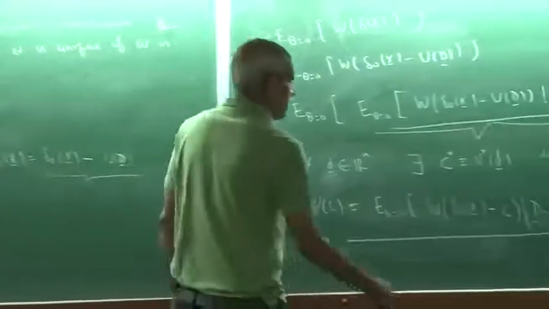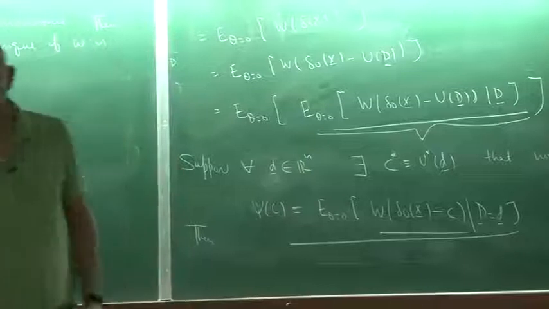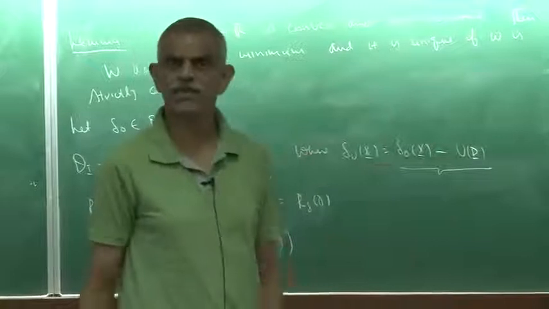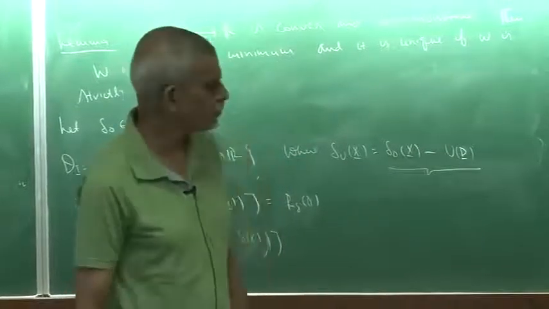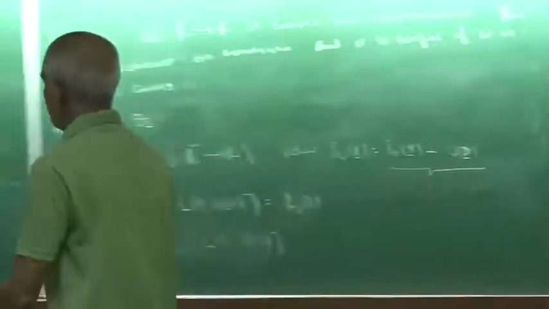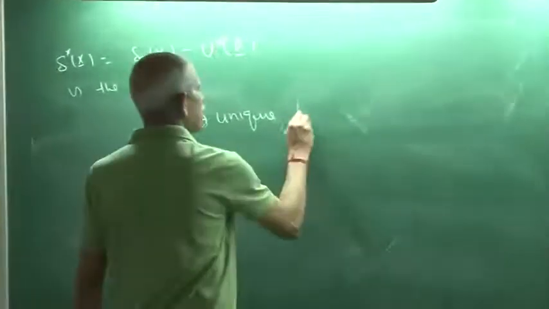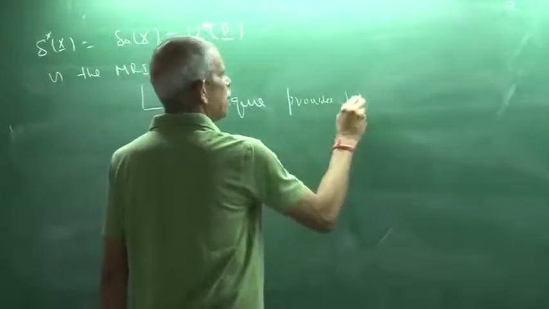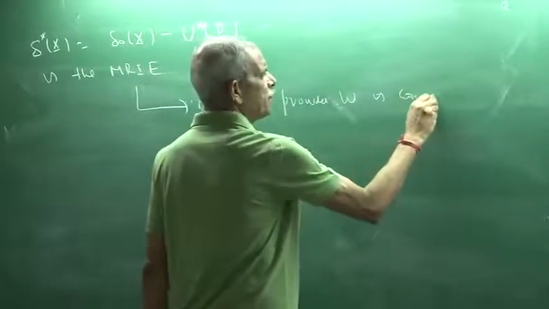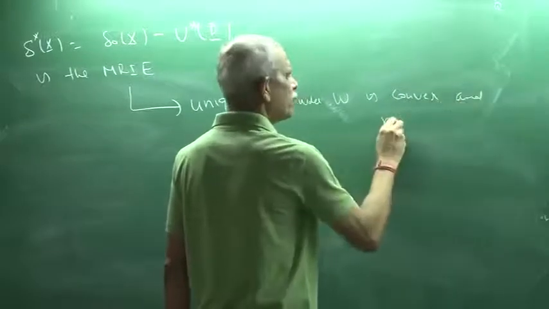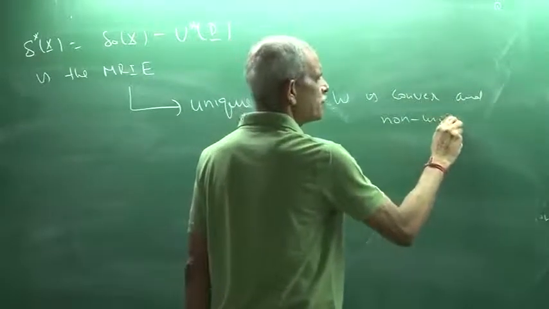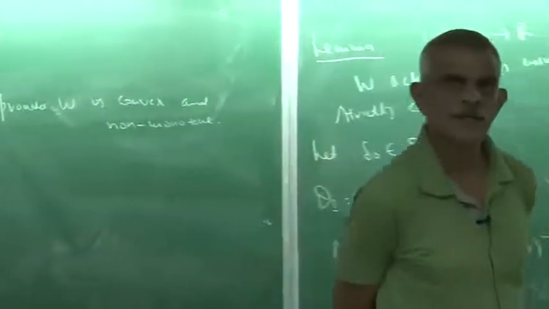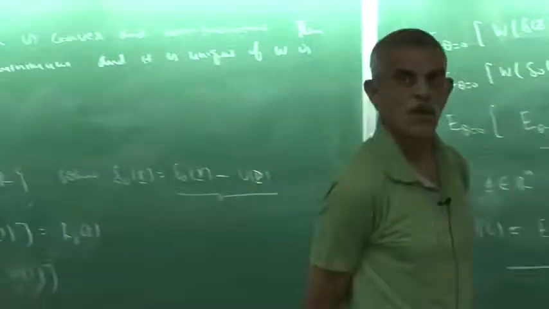Not only that, if this was non-monotone, then its expectation value would also be non-monotone. So this would be unique provided w is convex and non-monotone. So now at least we know what is